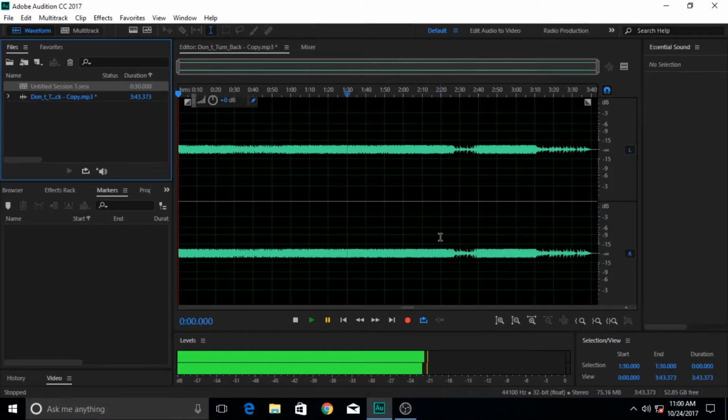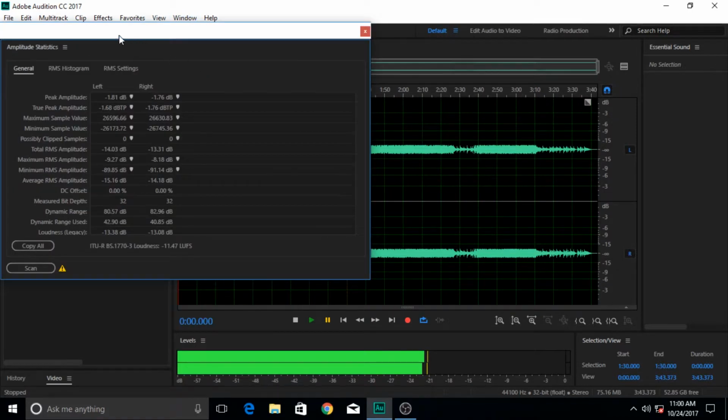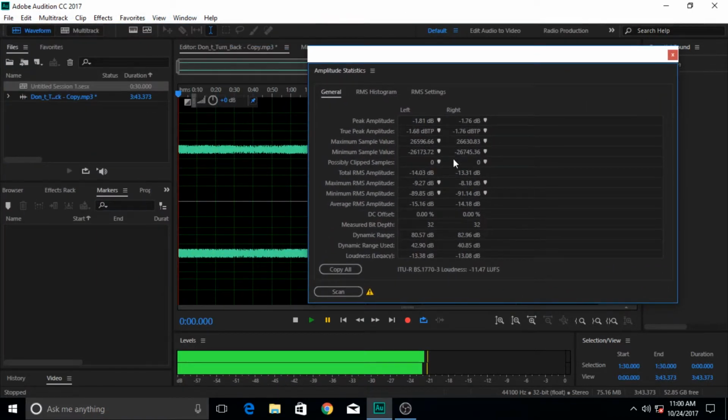Other than these, there are a few panels that originally are not part of any workspace. For example, if you go to Window and click on Amplitude Statistics, this does not appear in any place by default.